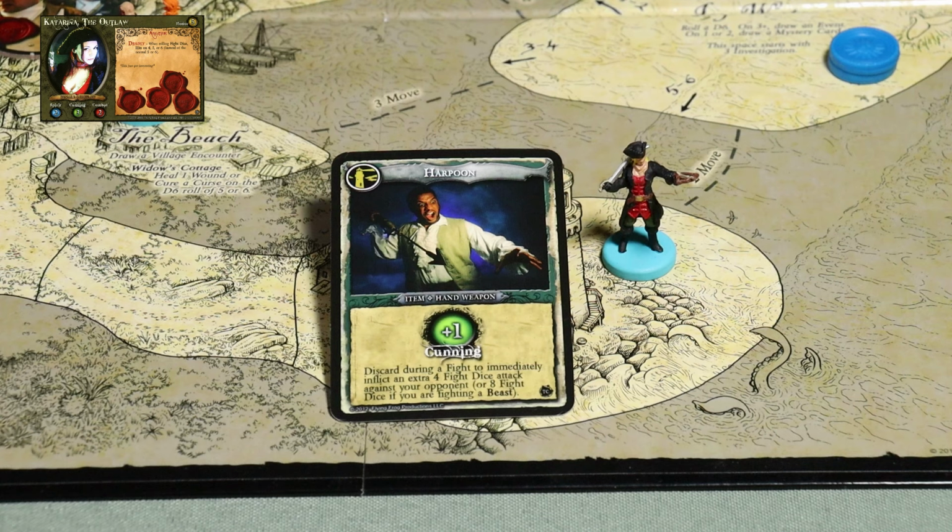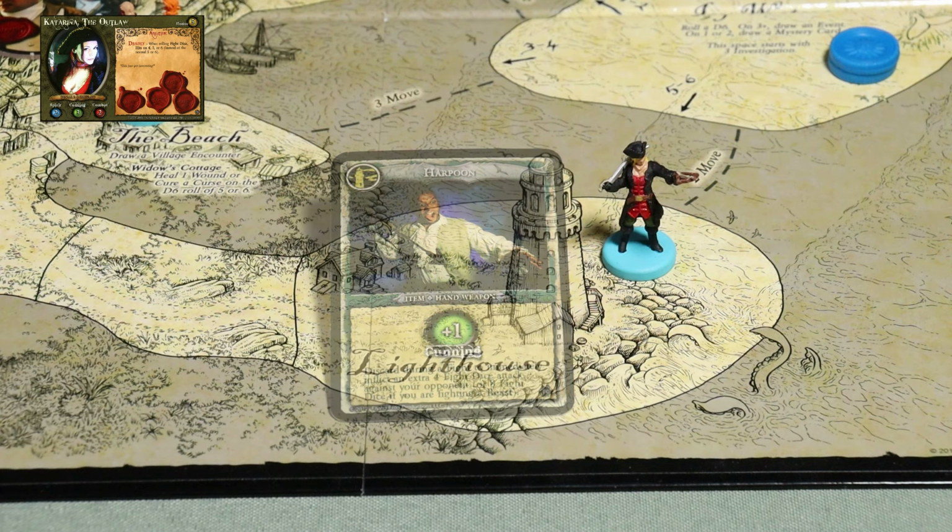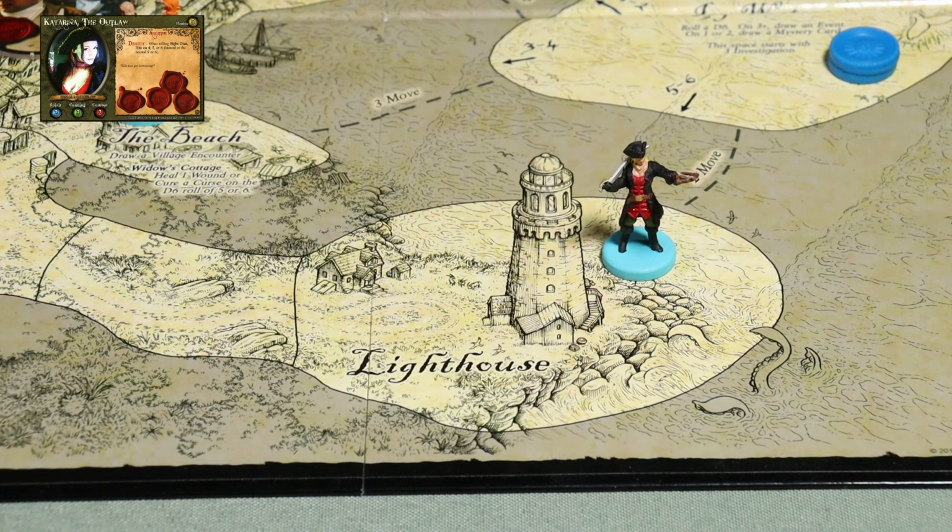She draws the card Harpoon, item, hand weapon, +1 to cunning. Discard during a fight to immediately inflict an extra 4 fight dice attack against your opponent, or 8 fight dice if you are fighting a beast. Well, that is going to be very handy because the Bog Fiend is a beast. That is outstanding. All right, that is going to complete Katerina's